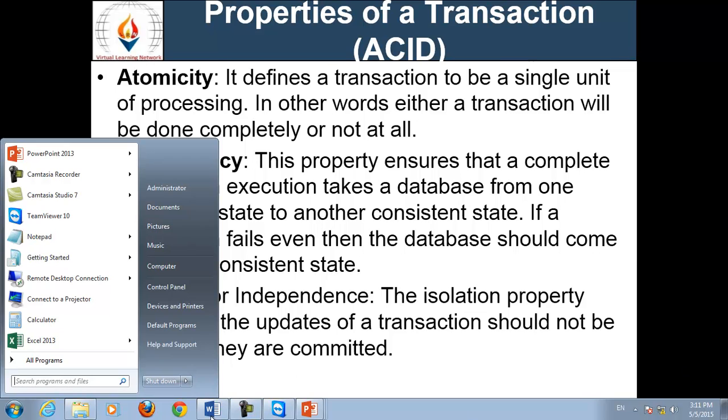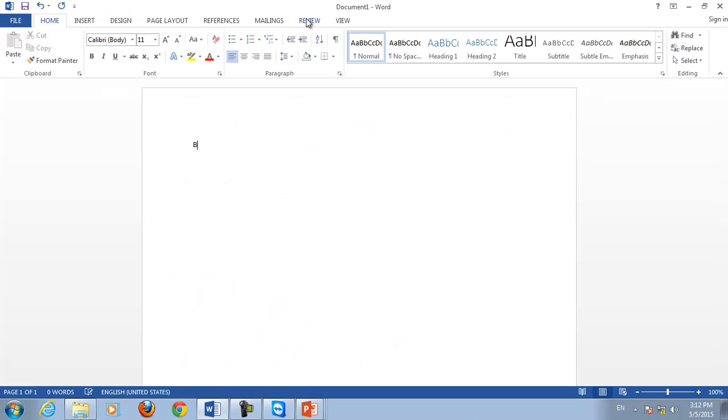For example, if we see, we begin our transaction. After beginning a transaction, we read A, that is A's account, because we want to transfer 500 rupees from A to B. Then we subtract 500 rupees from A. Then we write A, that is the amount after the deduction of 500 rupees.